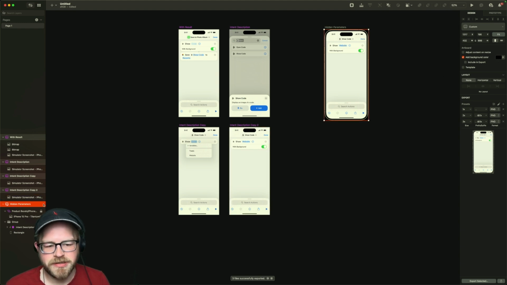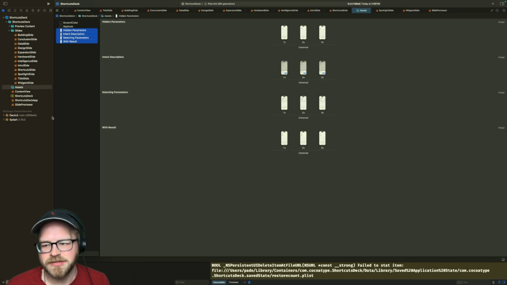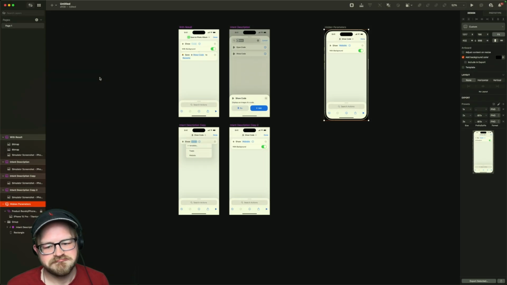Hidden parameters. What were the other things that I named them? Here, we're just going to delete all of these again. Saw intent description was 1. Maybe I should have written down the names just so that I could remember what they were.